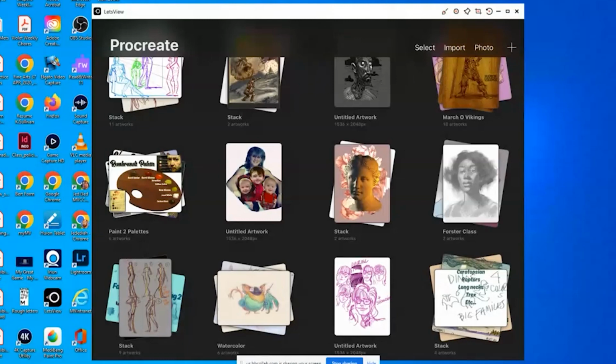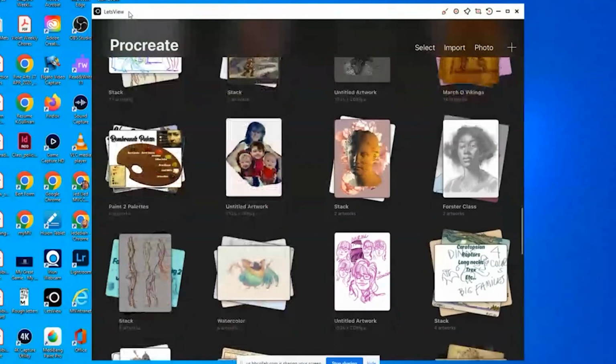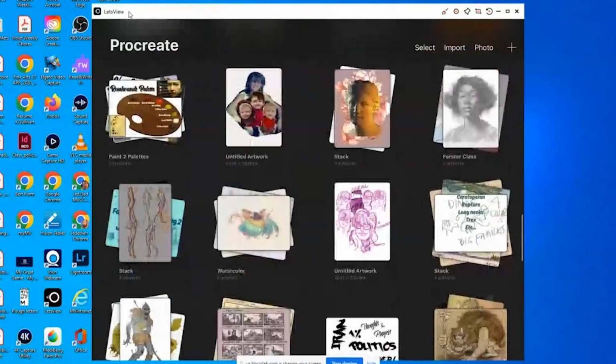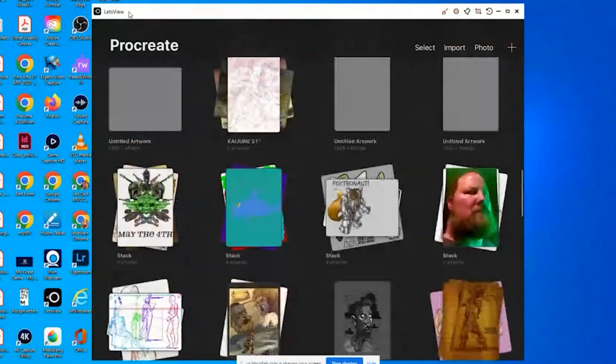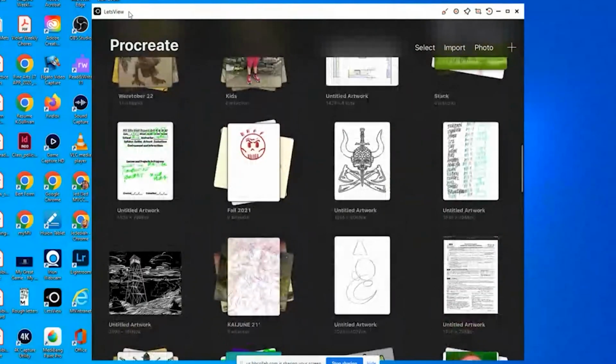I'm going to start off addressing some of the Procreate stuff for those of you who are on the iPad. So this application here, let me move my mouse over. This is Let's View. Let's View lets you take what's on your iPad and project it onto your laptop. So that's how I show you what's happening on my iPad at the same time. So I'm in Procreate,